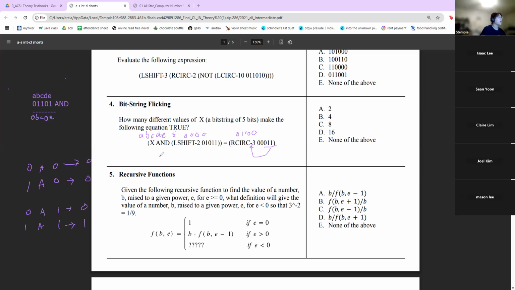So on the left-hand side, we have the simplified bit string of 0, B, C, 0, E is equal to 0, 1, 1, 0, 0, right? A and D are negligible. B, C, and E are going to equal 1, 1, and 0 respectively. So we can say that our bit string is going to be equal to asterisk, 1, 1, asterisk, 0, right? It asks us how many different values of x make the following equation true. Remember, to solve this, you are going to use that formula, 2 to the power of the number of asterisks you have, and in which case you have,